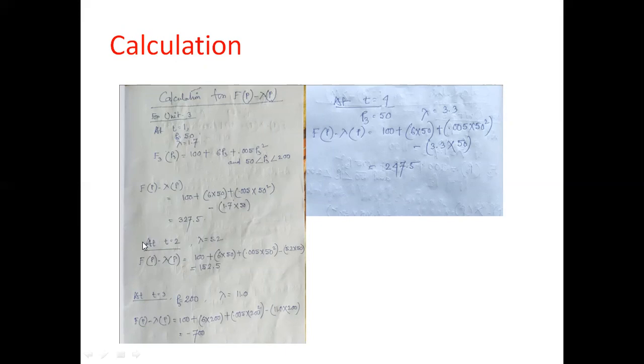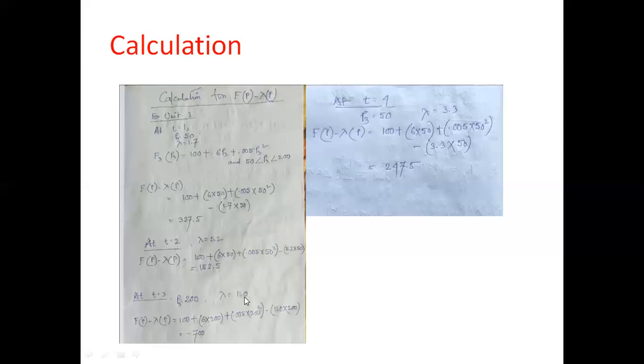At t equal to 2, the value of lambda is 5.2, and the unit 3 is in off condition, so the value of P3 will be 50, and putting those values in this equation, we are getting 152.5. Now at t equal to 3, the unit 3 is on, so the value of P3 will be 200